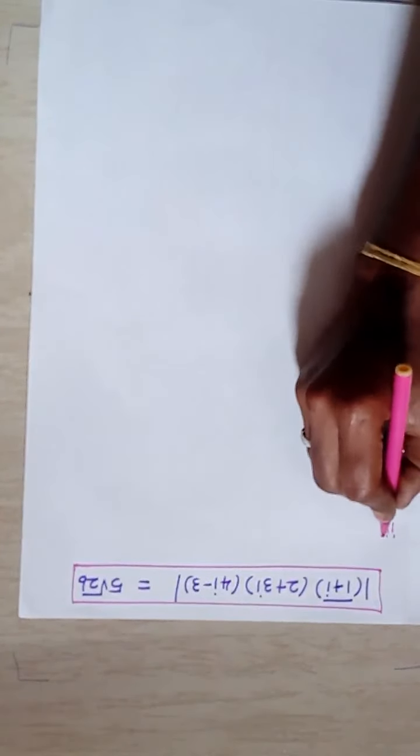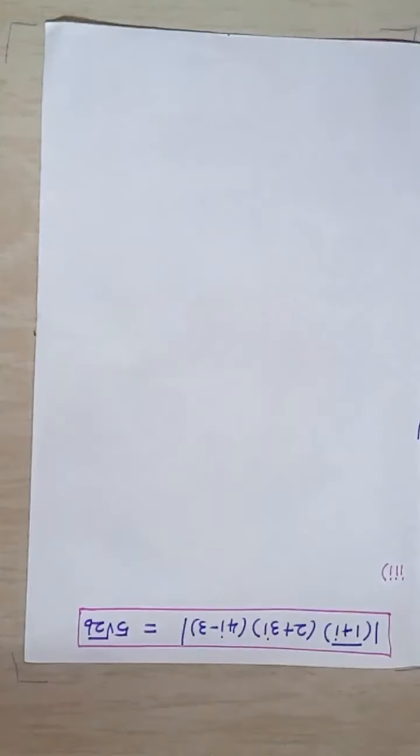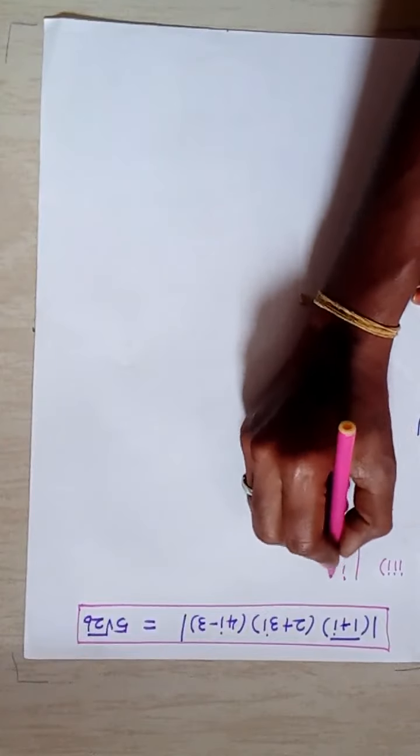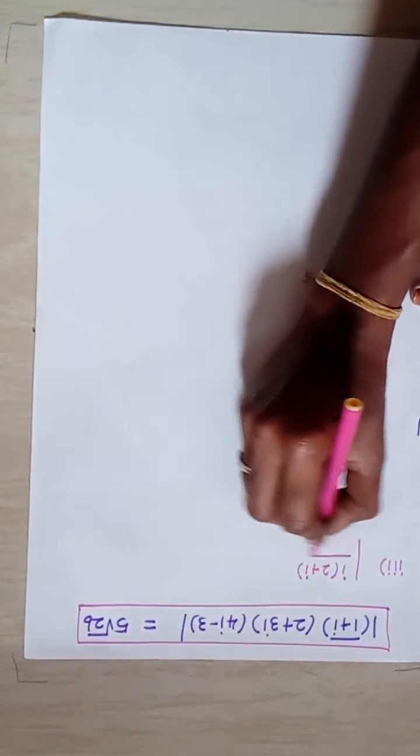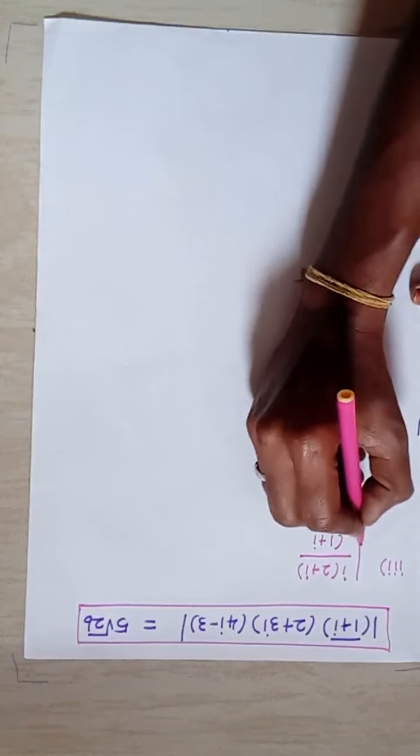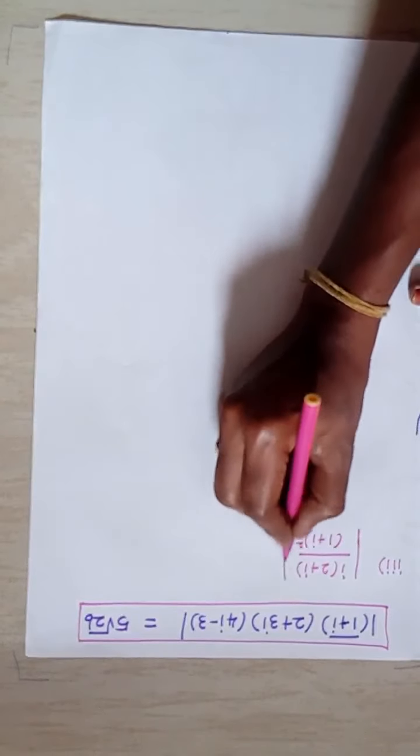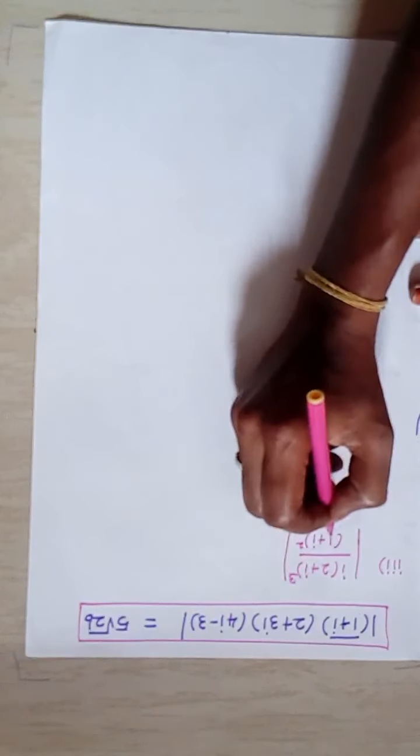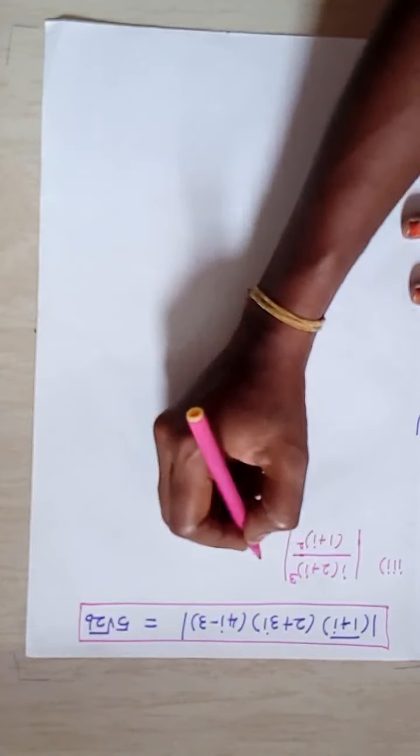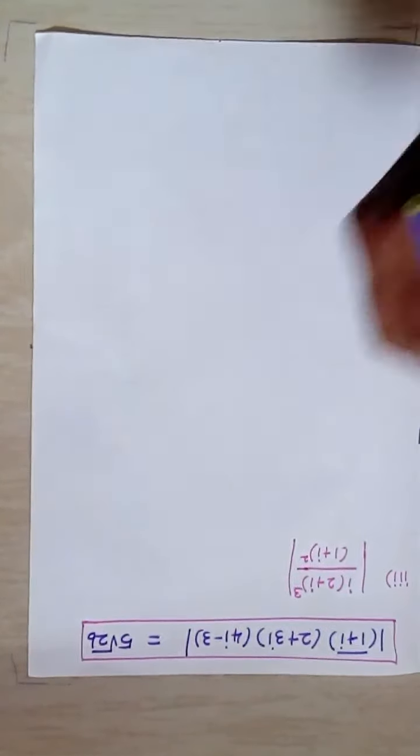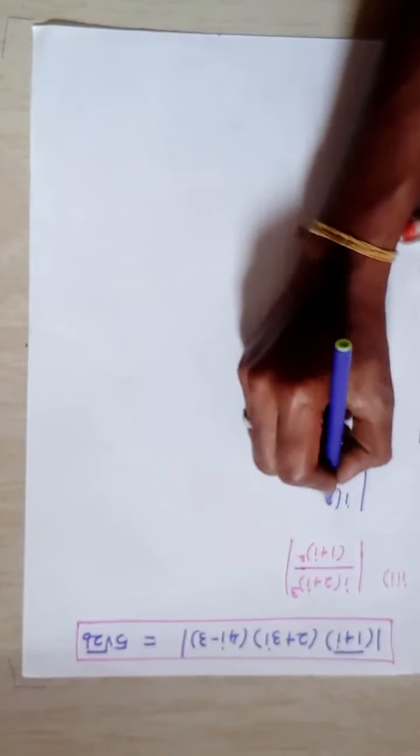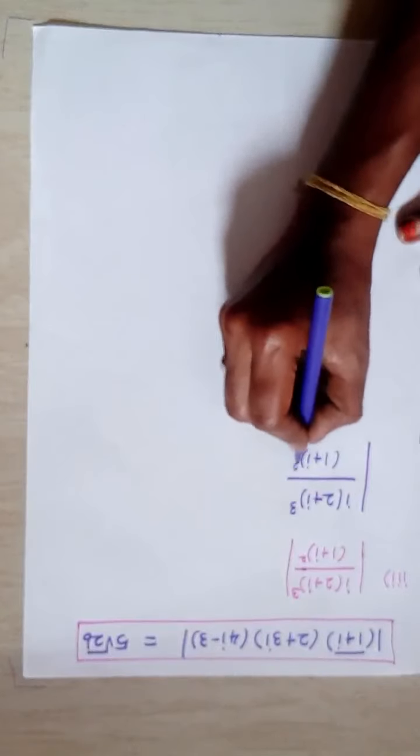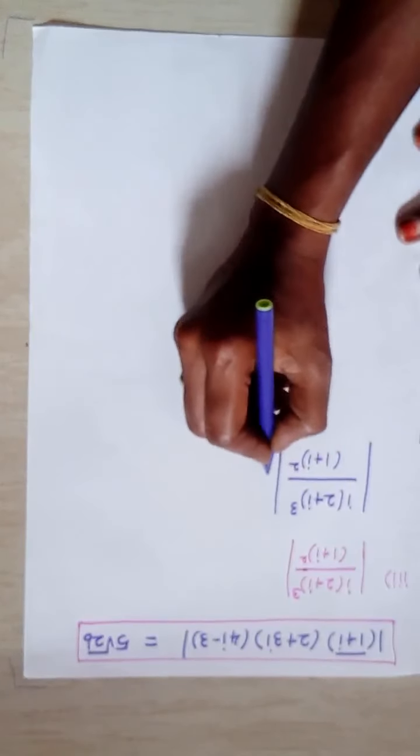Now see the third sum. What is the third sum? Say it. Modulus of i into 2 plus i the whole cube divided by 1 plus i the whole square. Okay. Given sum is modulus of i into 2 plus i the whole cube divided by 1 plus i the whole square, which is equal to,